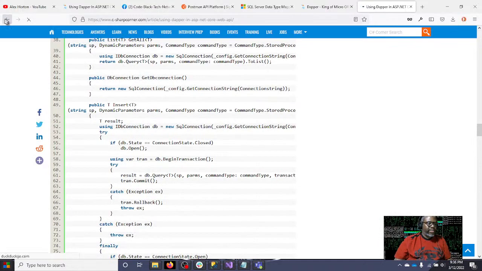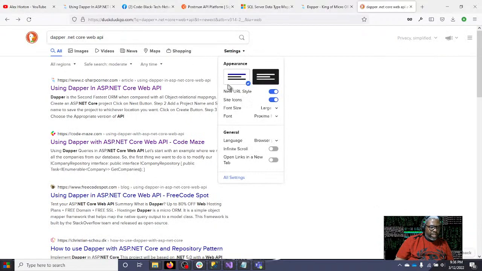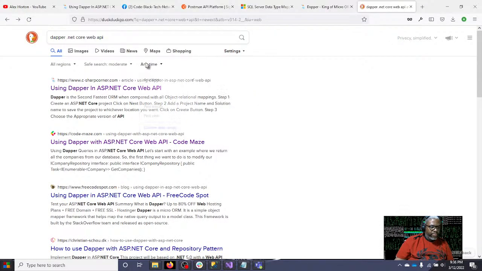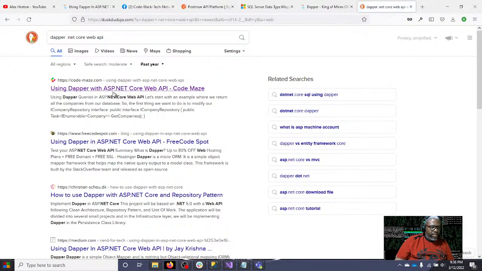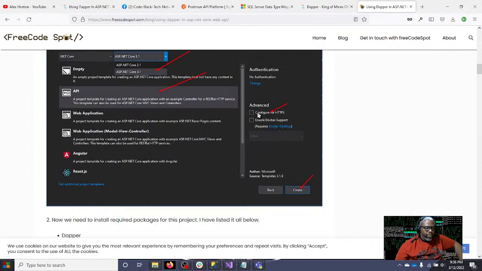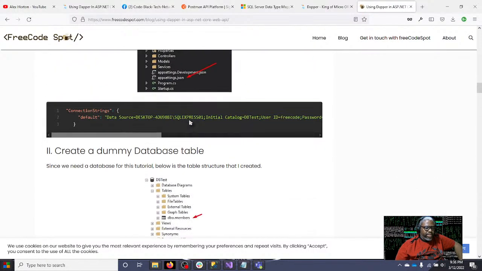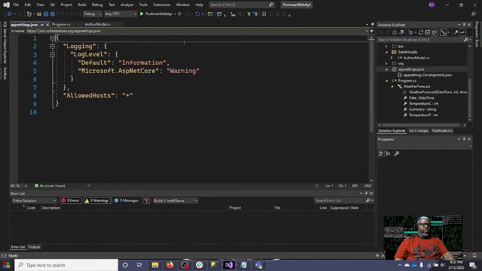And this probably isn't the best example to use, I don't think. Let's use an example that's a little bit more modern. I guess that one is. Yep, there we go. API, there's Dapper. Okay, so in our JSON appsettings.json here, we're going to have to create a new object